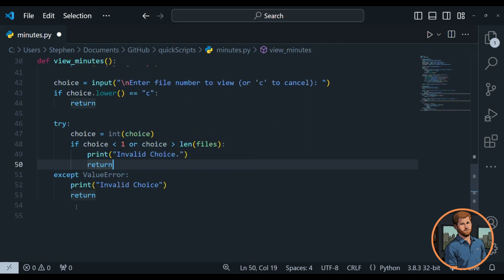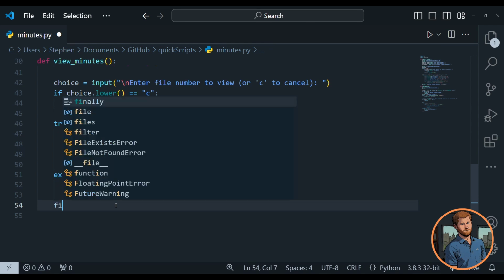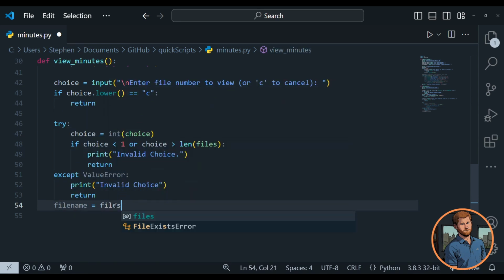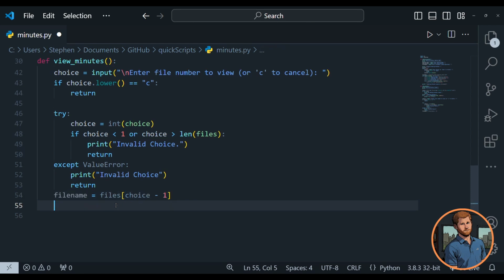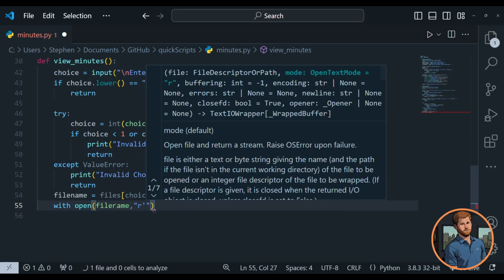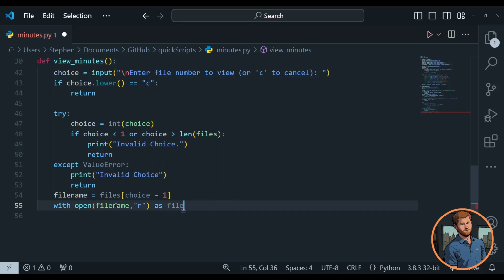Now, in the event that we haven't run into those issues, we will go file name equals files choice minus 1, because we're dealing with an enumerated list that started at 1, but we're actually dealing with a list, an array, which would start counting at 0. So we'll take 1 away from the choice that was entered, and we will say with open file name a reader, so r as file,